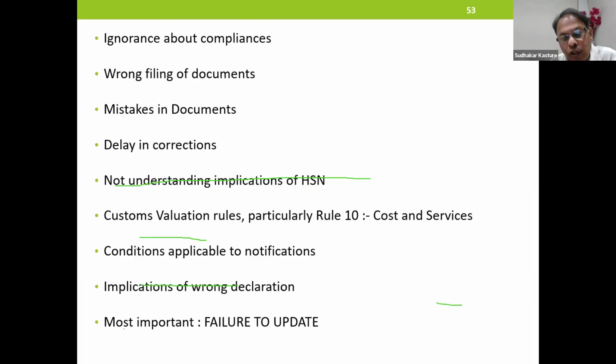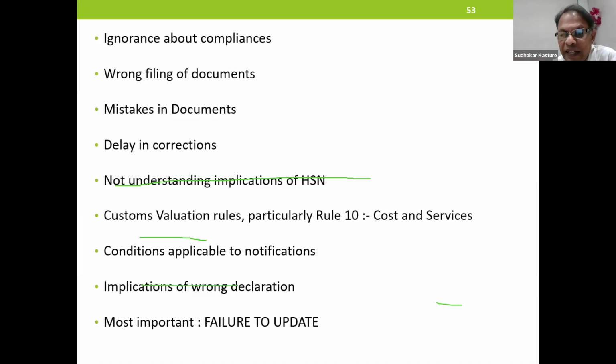In good old days, I used to replace the document because it was paper document. In electronic data, you cannot replace. So you submit something, government has details of what you have submitted. Then you amend something, government has details of that amendment as well. Never forget this aspect. Delay in corrections: if you come to know about a mistake 3 months later, it doesn't make sense.